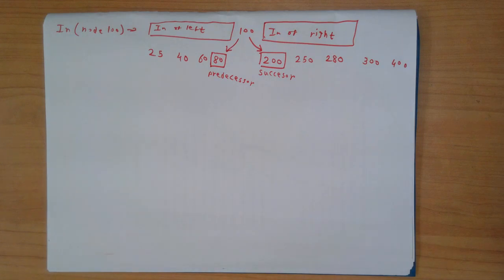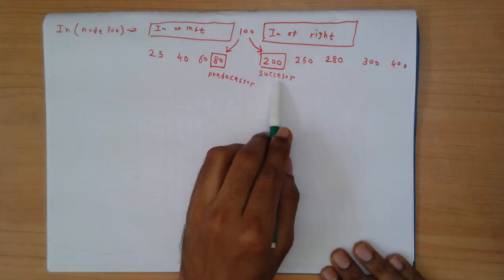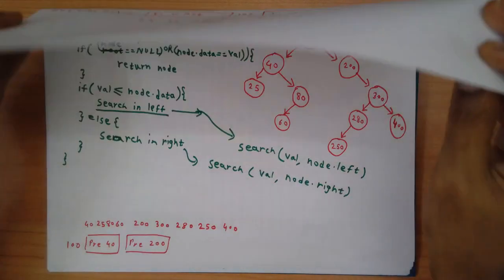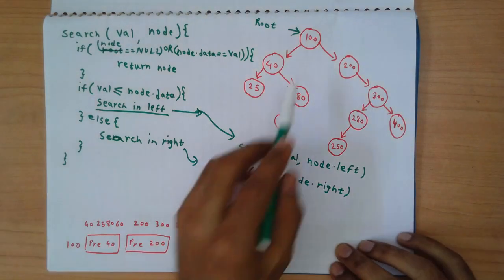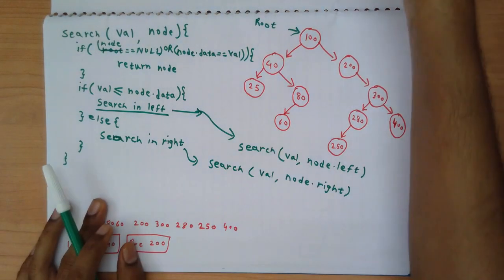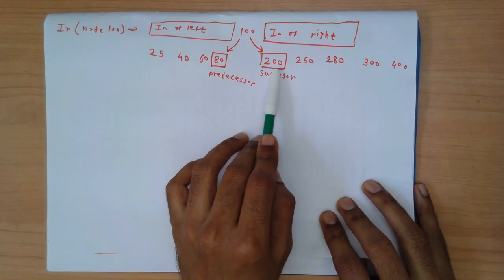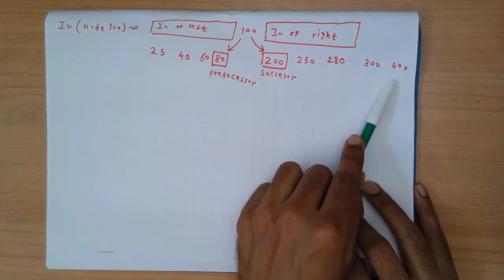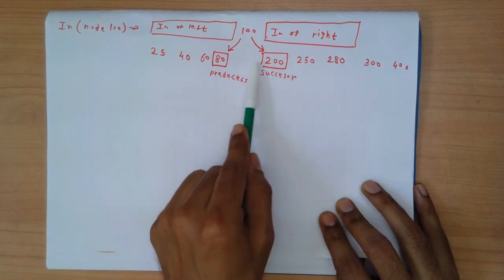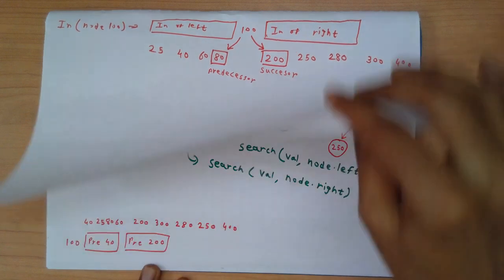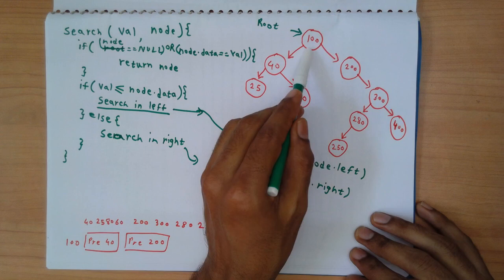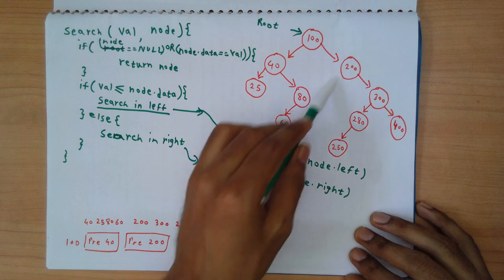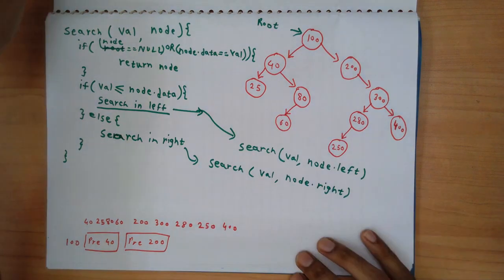So now let's talk about how to find the successor in general for any node in the binary search tree. Let's look at our example tree. If I talk about 100, who is the successor? The successor is 200, which is a value slightly greater than 100, because this is in increasing order. So the successor is supposed to be the value slightly greater. If a node has a right subtree, then the successor will definitely be located in the right subtree, so we don't have to worry about it.